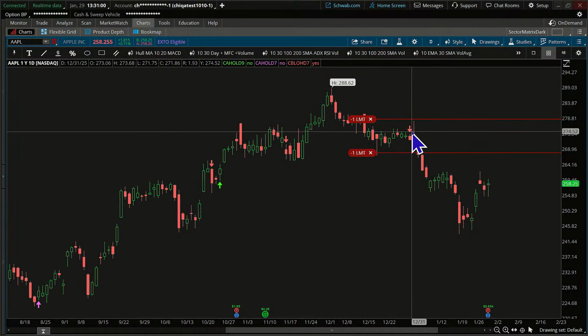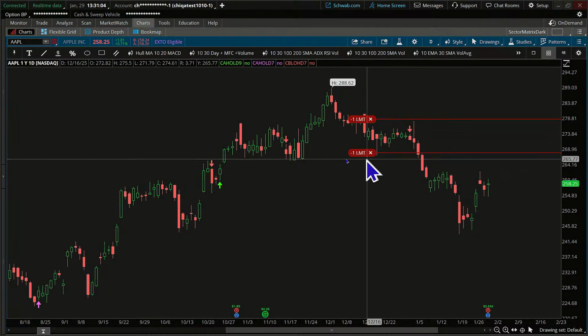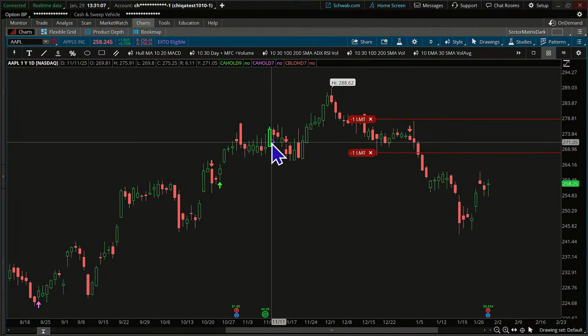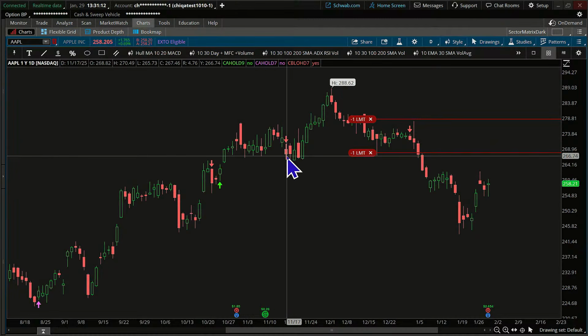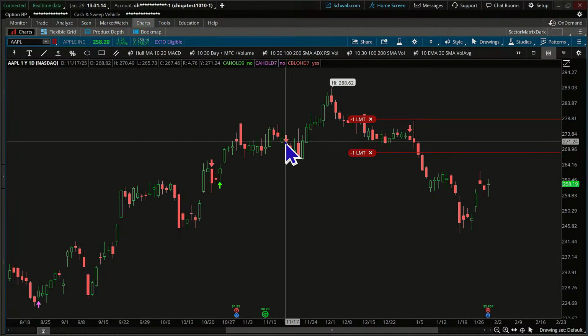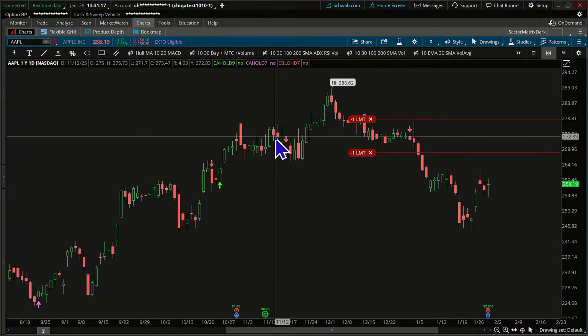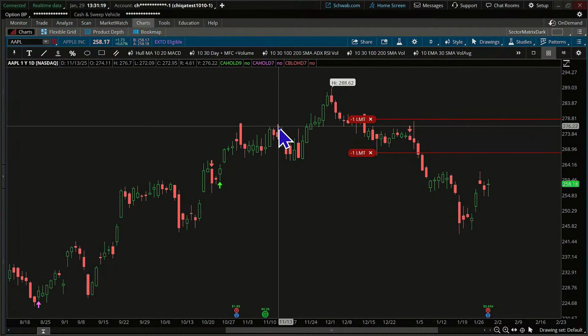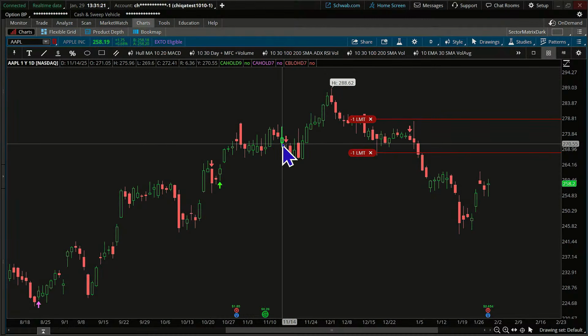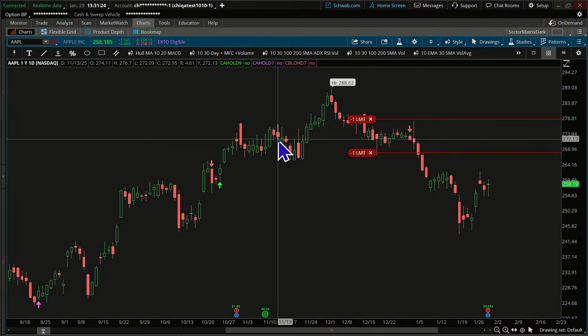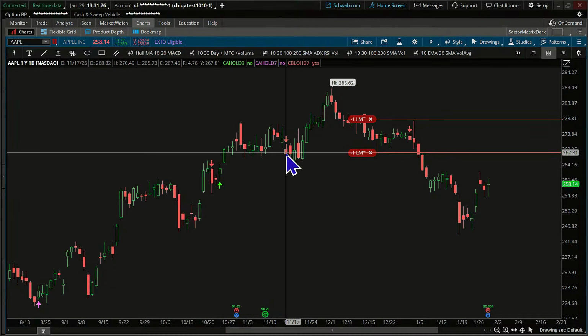It actually did point out the close below the low of the high day here. You see that red candle there? This one, let's see. That does look like our high candle. Well, actually, that isn't our high candle. The high candle is here. This one didn't close lower than that low point, but it finally did on this day. So that's why it's putting the red arrow right above that red candle there. That makes sense?